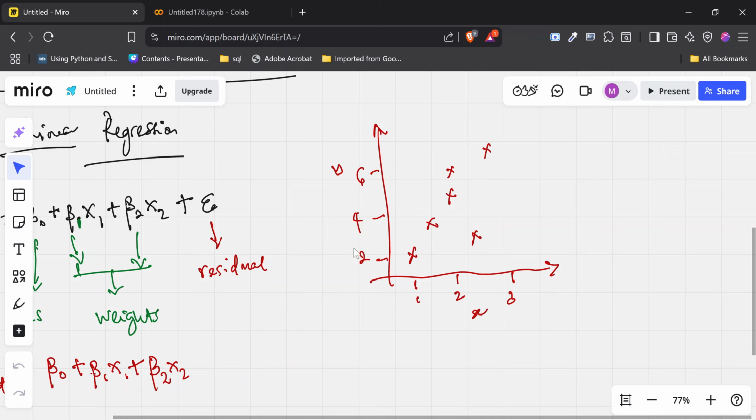So if I draw something like this, and then I have another line, let's say another one like this, right, which one is the best line?